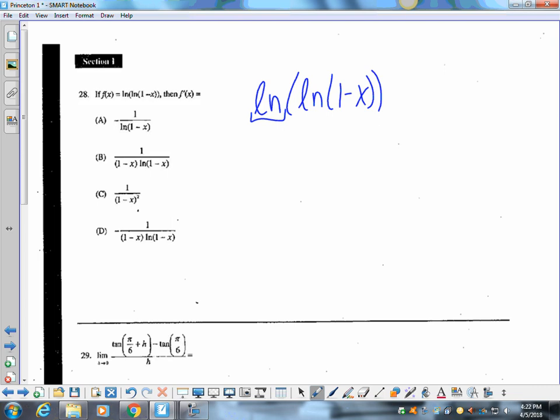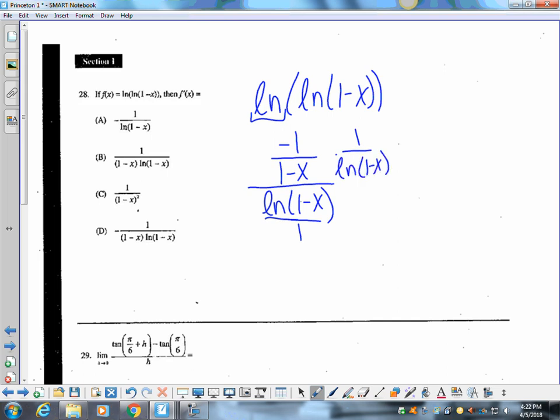So the derivative of the inside would be negative 1 over 1 minus x, and then if I Bojangles that, I get